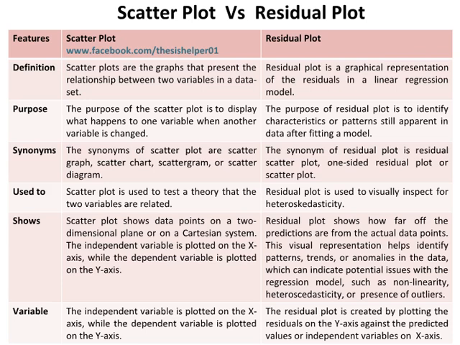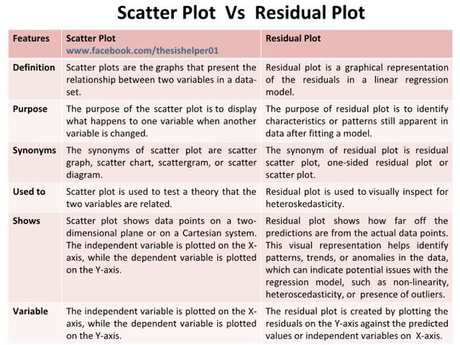This visual representation helps identify patterns, trends, or anomalies in the data, which can indicate potential issues with the regression model, such as non-linearity, heteroscedasticity, or presence of outliers. In a scatter plot, the independent variable is plotted on the x-axis, while the dependent variable is plotted on the y-axis. Whereas the residual plot is created by plotting the residuals on the y-axis against the predicted values or independent variables